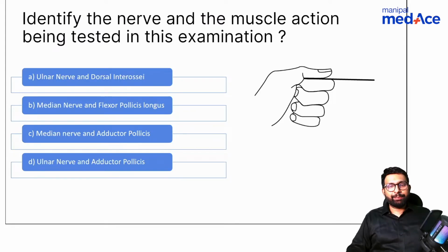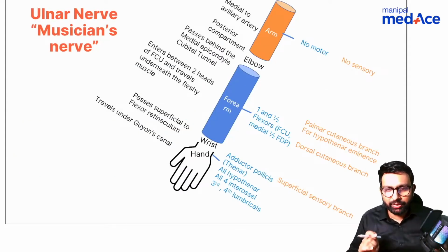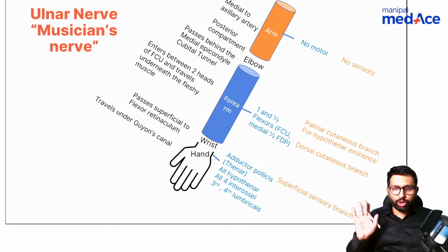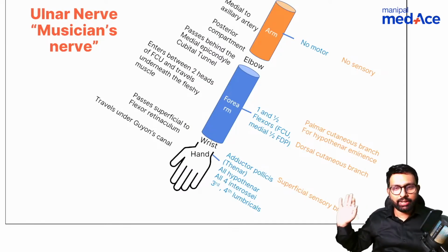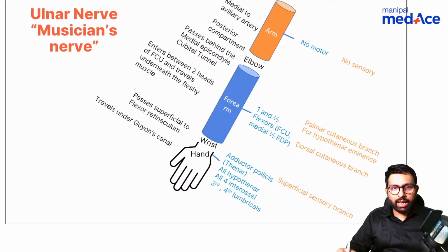Okay, all are right. So the answer is ulnar nerve, and the reason I've included this is because people get confused between ulnar nerve and median nerve. So if you want to remember all the muscles that the ulnar nerve supplies, I've made a simple chart. Just this one diagram will help you remember all the muscles, and you won't get confused between median and ulnar nerve. So we know that in ulnar nerve, 1.5 flexors, that is flexor carpi ulnaris, and medial half of FDP